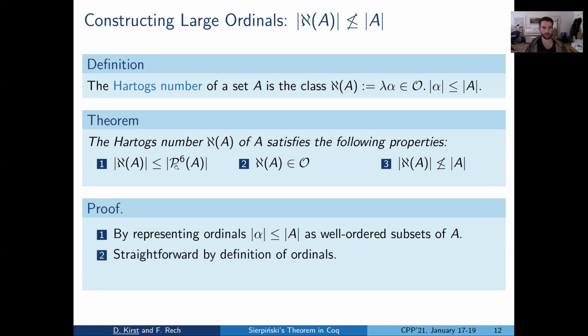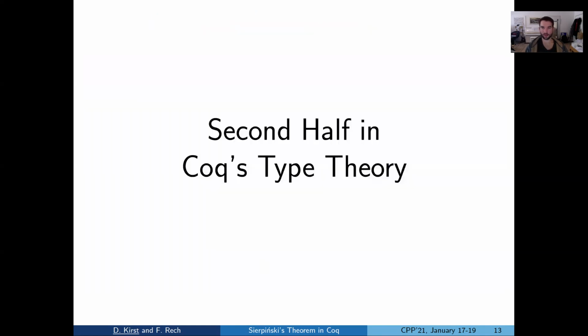The second part then is straightforward by the definition of ordinals, using our inductive characterization from before, and the third part is straightforward by the very definition of the Hartogs number. So the proof here is really compact and uses the set theoretic notion of ordinals a lot to give us access to even larger and larger well orders. And this already finishes the first half of the proof,